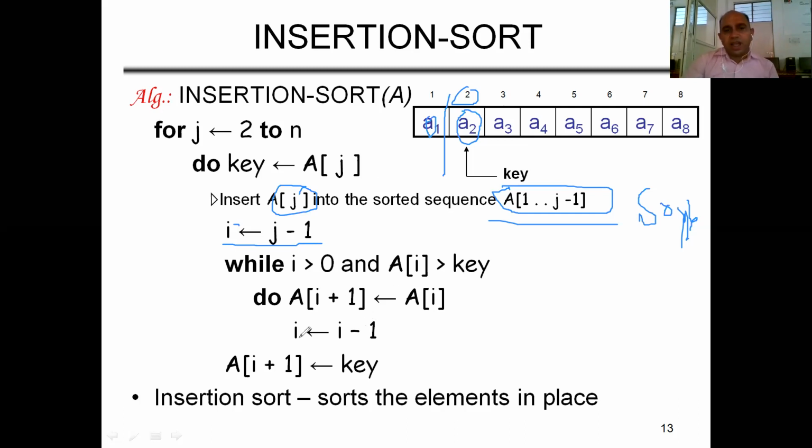So every time we have to apply this condition till both conditions are true, because the first condition says i must be greater than 0, because if we are making a8 the key, then we have to compare a8 with all elements and we have to come to this point 1. So the value of i must be greater than 0, so it will come to the 1. And every time we have to shift the element to the left side. After shifting, we have to insert our key value at its right place.